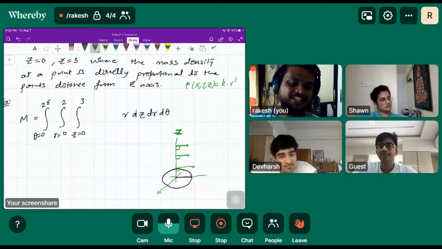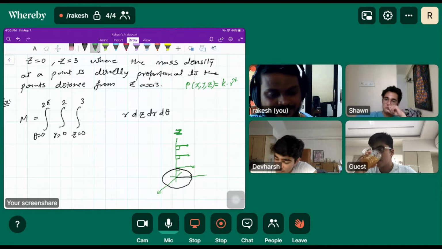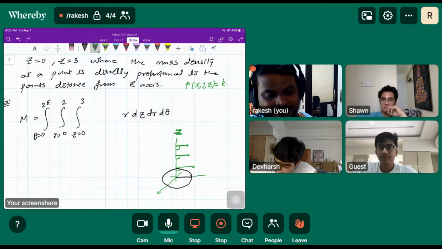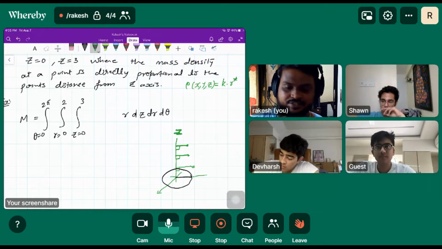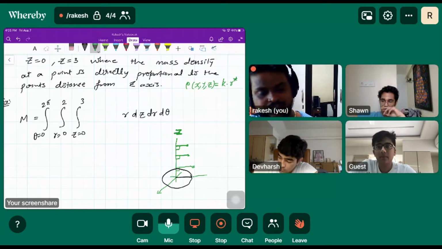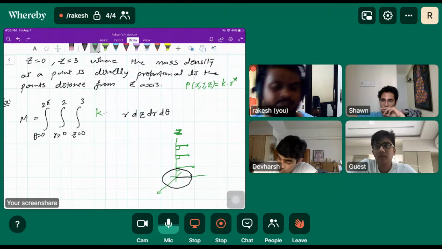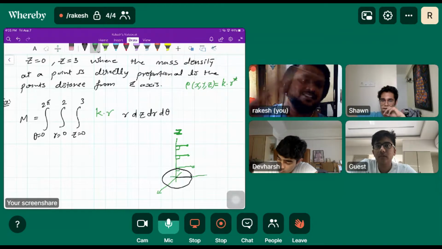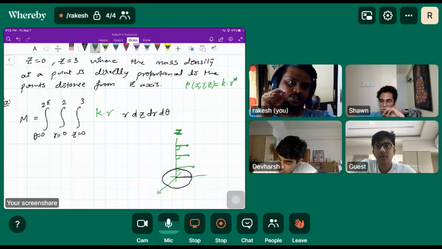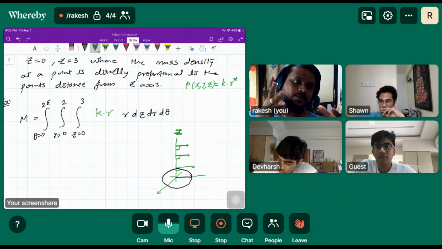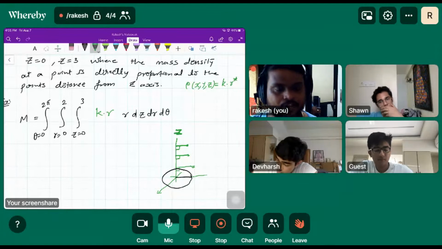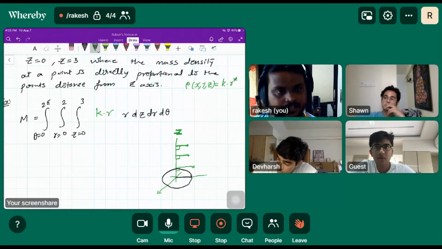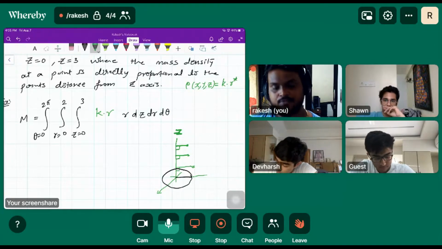So it's basically k dot r star. Like it is integration, we'll do the integration. We can write that as just r. So kr. The distance is changing along r, so that's a part of integration. It's varying, therefore we have to integrate that. So k dot r, right? This is the expression for mass.